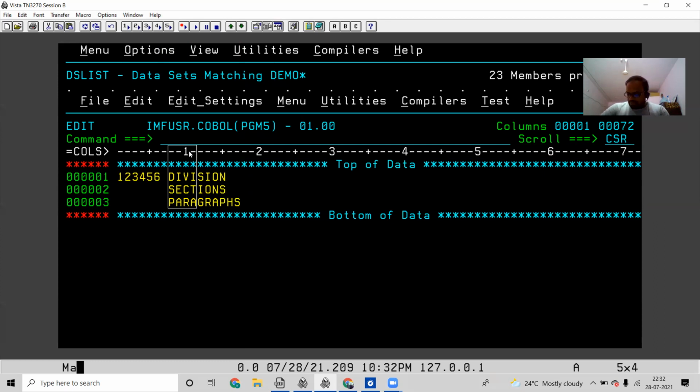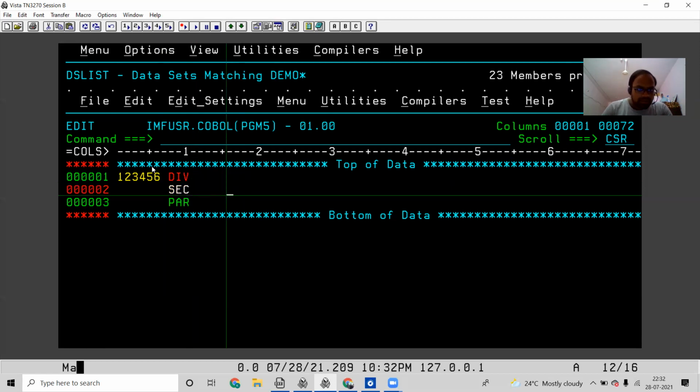And after the 11th column, what do we have? We will be having the 12th column. Try to remember this: division, sections, paragraphs from 8th to 11th.